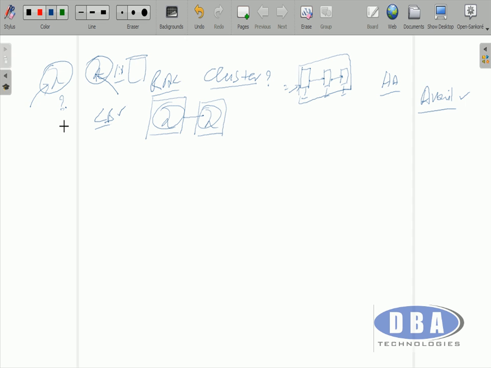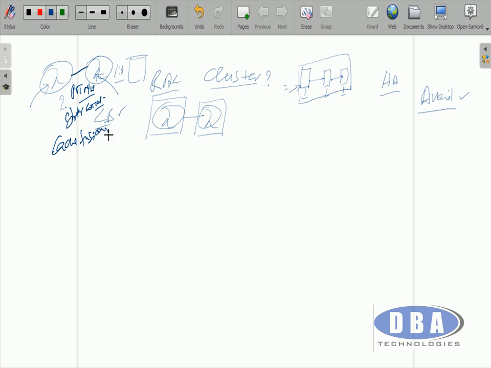So now what are we trying to achieve in Real Application Clusters? Yes, you can start multiple instances, because we have taken care of the consistency by implementing the private network or interconnect, right? Same name, private network or interconnect, or you call it cache fusion.